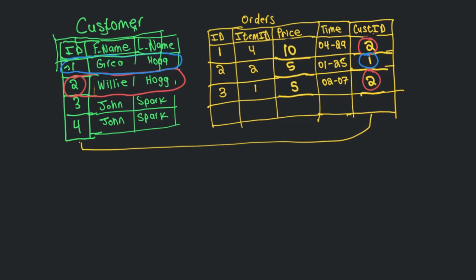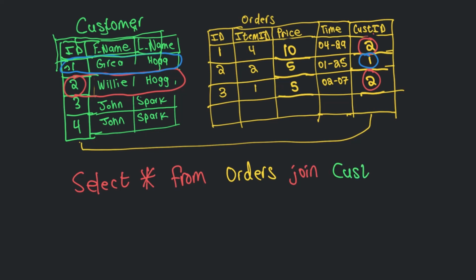Okay, so we can do what's called a join, which means we want to basically join these tables. We want to do it on some column, or on these two columns where they're equal. We need to tell SQL that this relationship exists. And we'll do that in the most basic query possible, so let's write SELECT. I will select star, so all of the columns from, say, orders, JOIN with what table? I want to join it with the customer table. So join it with customer